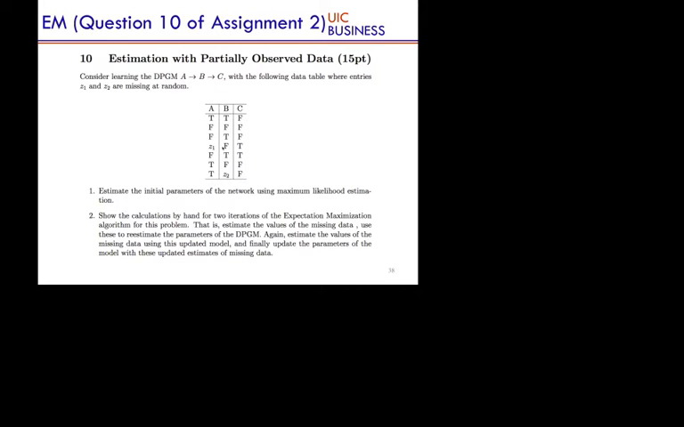So this is actually a very practically relevant problem, right? Here we are saying, let's say we have a very simple directed probabilistic graphical model with 3 random variables. In fact, they are just binary random variables, and we have observed data from their realizations. So we have 7 examples,